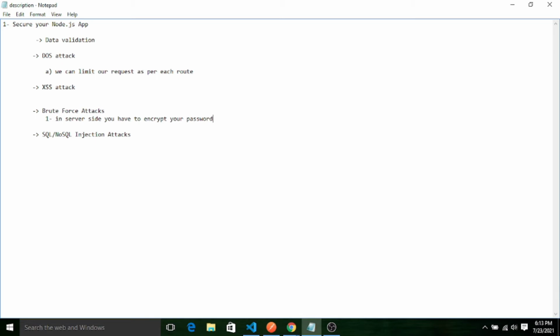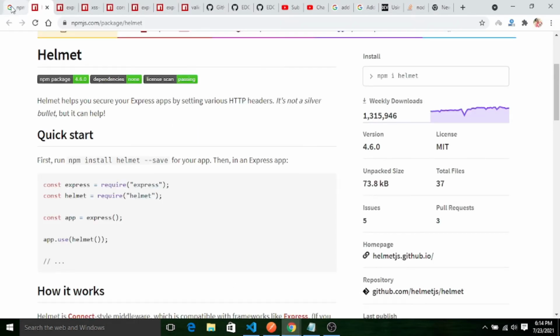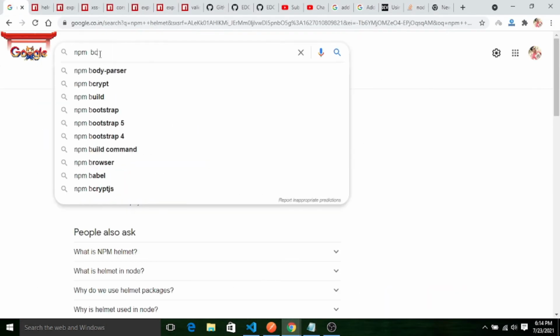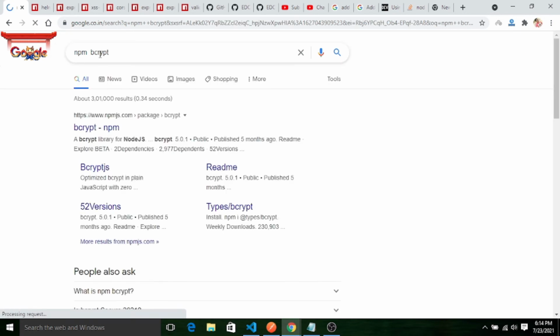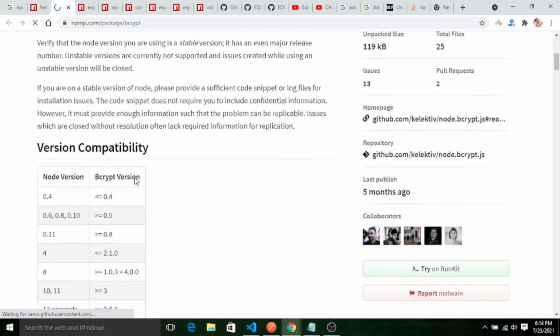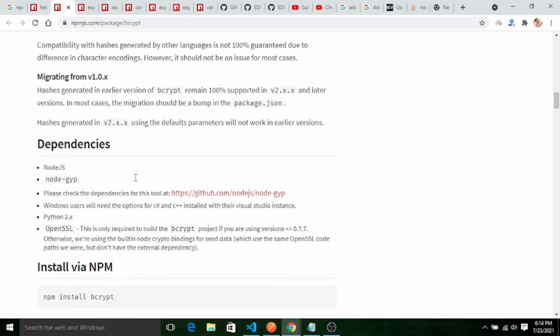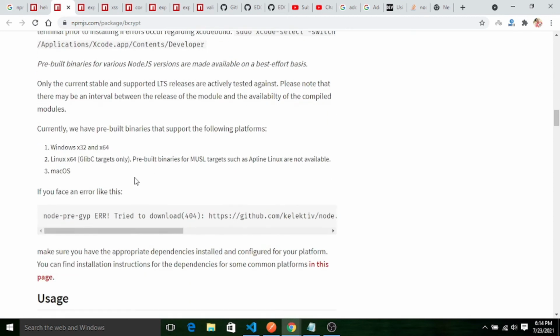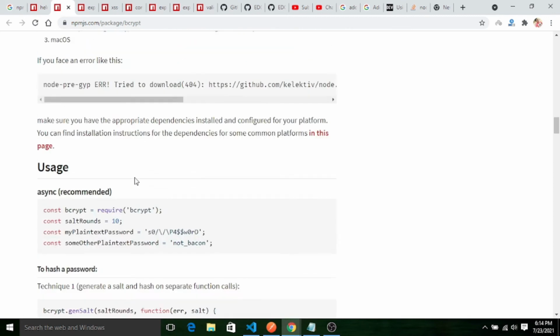So when you save your username and password into the database, the password should be saved in encrypted format. For that you can use bcrypt. I think this module is available with Node.js. You can use it. Let me just search and show you. Yes, so you can use this module to encrypt your password. So it will be a bit difficult for the attacker to guess the password.